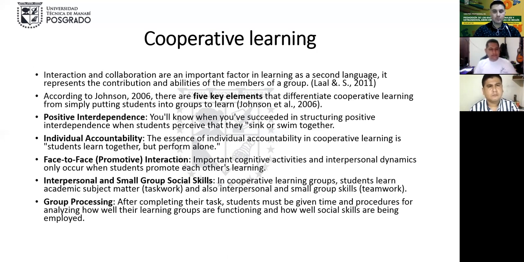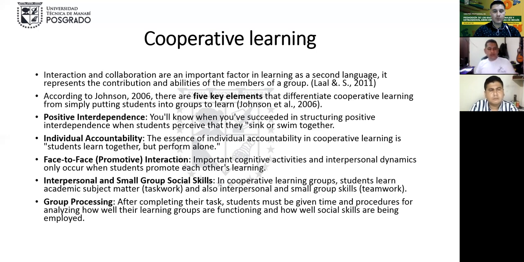In the positive interdependence, you'll know when you succeed in structuring positive interdependence when students perceive that they sink or swim together. It means that every student works by themselves while helping all students. In that part intervenes the interpersonal intelligence, as we could notice in the previous intervention.